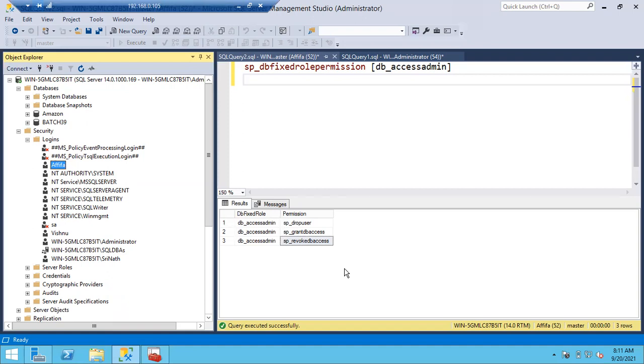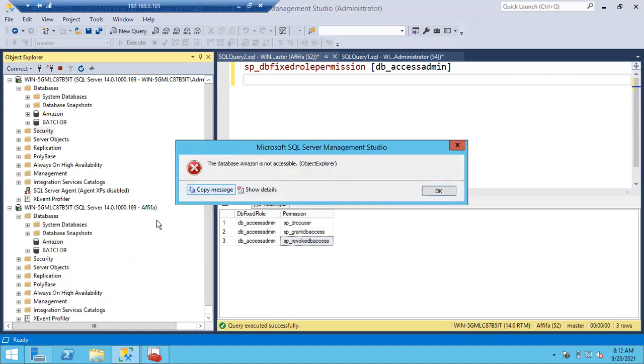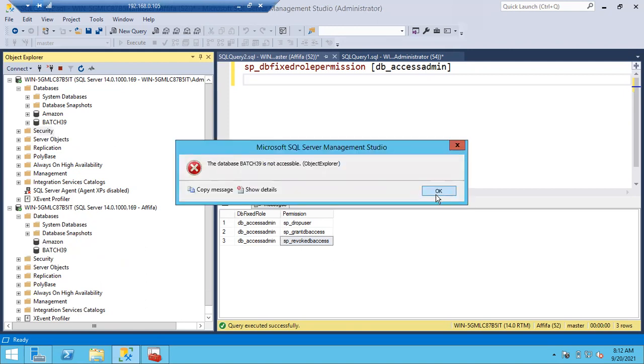Why? Because I told you, a dummy login by default will get connect permission to SQL Server. So she can happily connect to SQL Server. But Afifa cannot enjoy any permissions. Afifa cannot expand any databases. Afifa cannot read any databases.